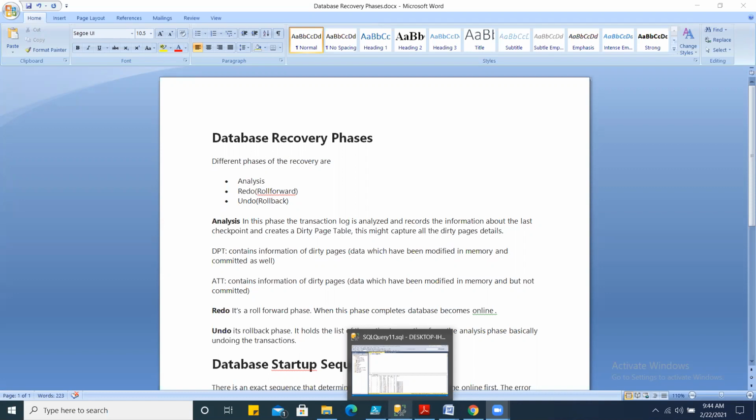That's why the reason behind this is that SQL Server follows a protocol that is known as WAL, write ahead log. This is a very important question, asked in interviews, especially if you go for an interview at TCS. They will ask this question, right? What is the WAL protocol? That is the favorite question there.